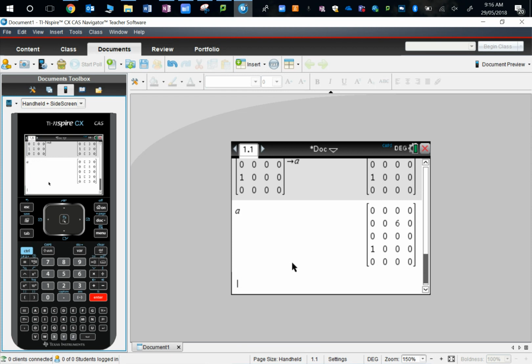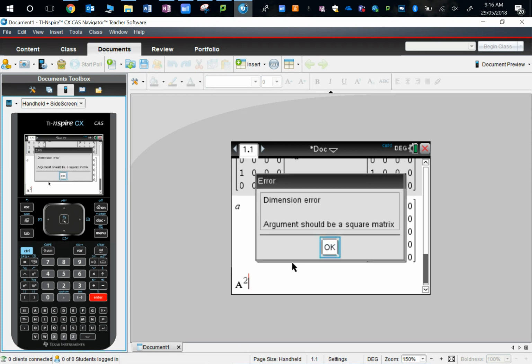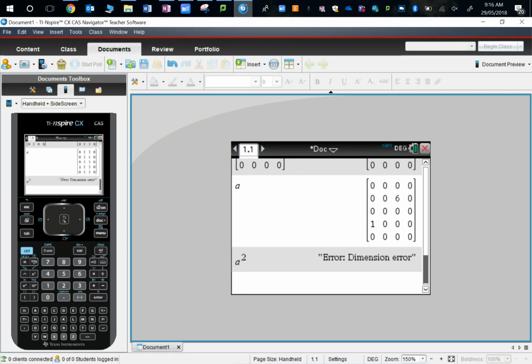And so then I can write A squared. Oh, it can't be that. Why did A squared not work? Why did it say dimension error? Because they can't be multiplied together because the rows of the second one don't equal the columns of the first one. However, if I had a square matrix, so let's get the,